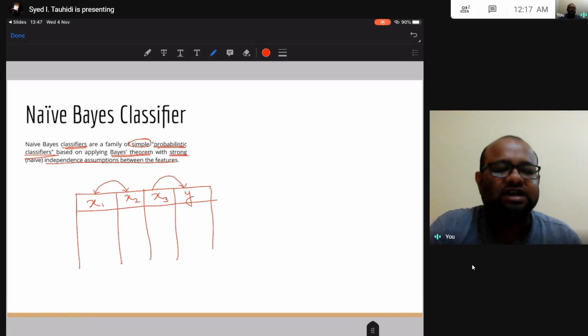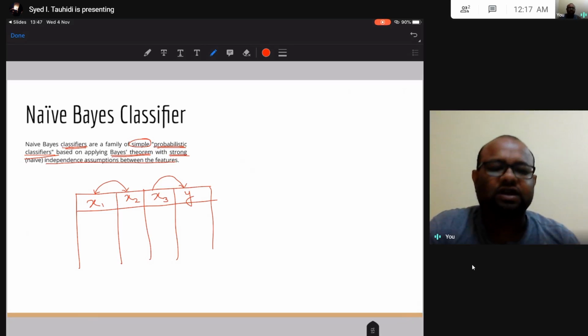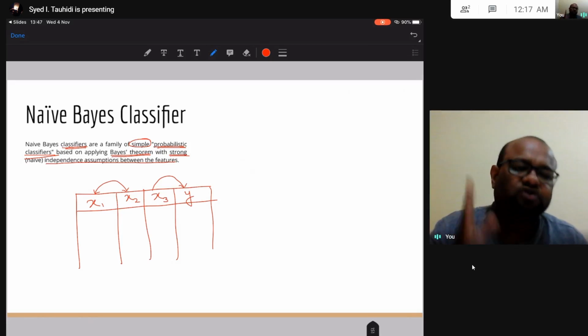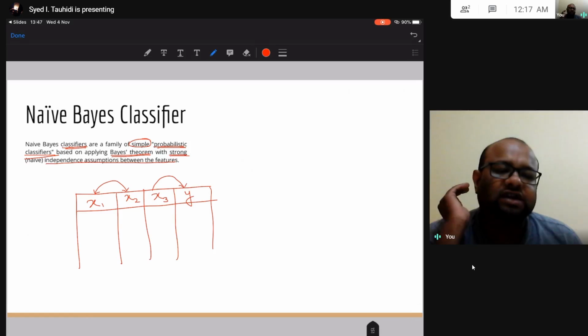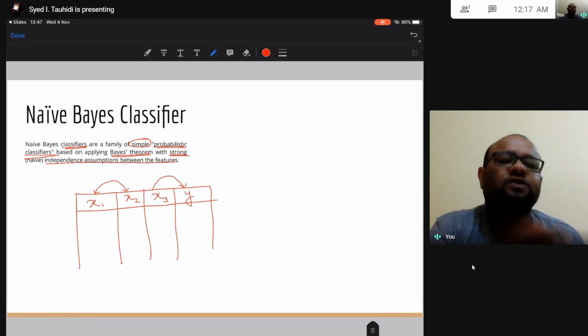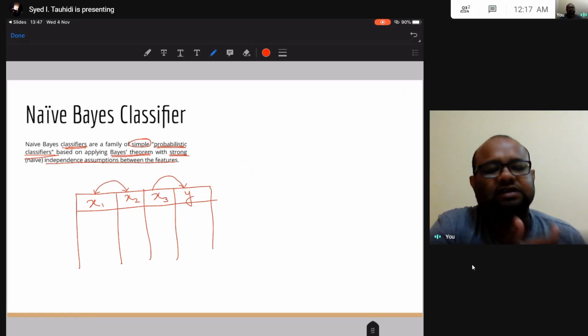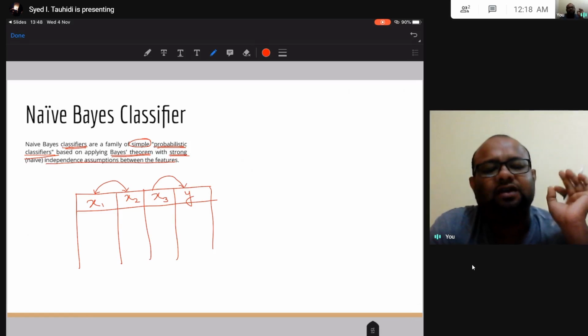There is no relation among all these different features. There is relation between the target and the feature. Yes, my features are individually going to influence the target, but one feature is not going to influence another feature, right? So there is a strong assumption that there is a strong independence among the features. All right, and because of this assumption, because of the assumption that the features are not dependent on one another,